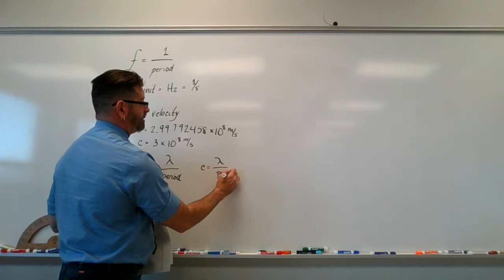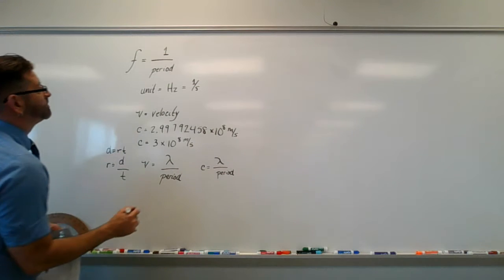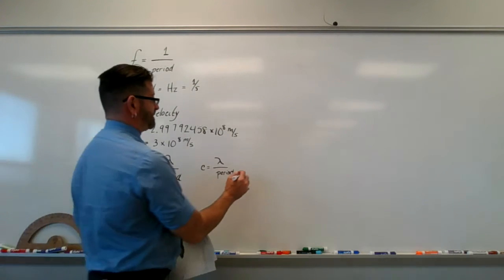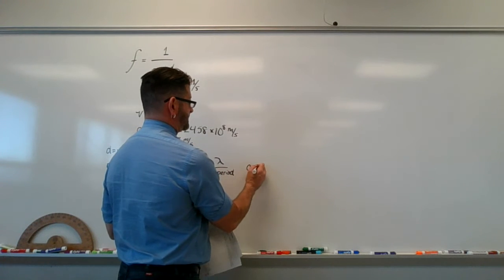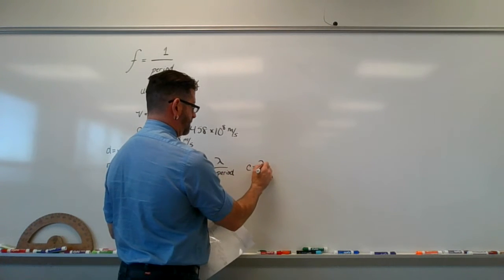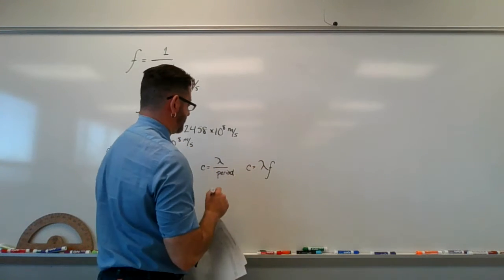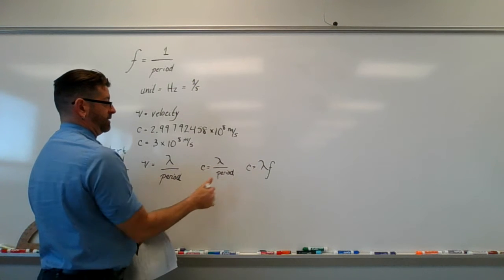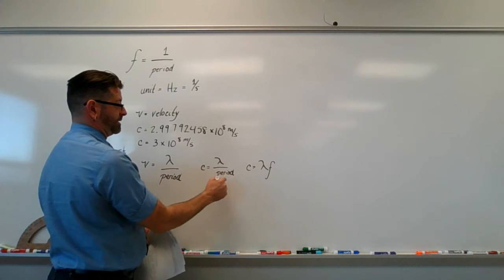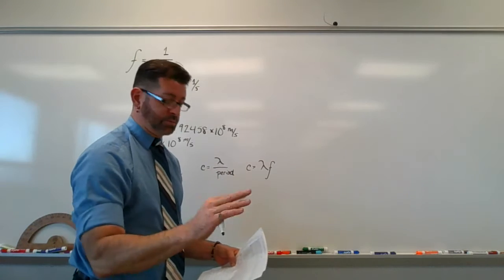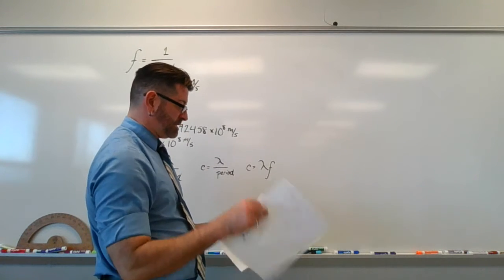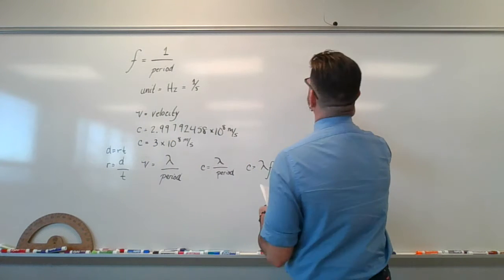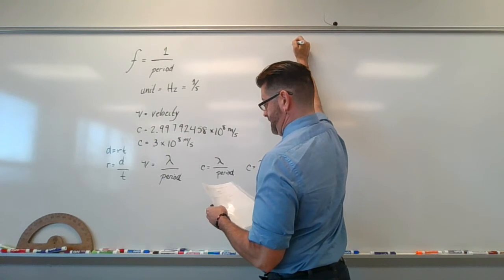But because frequency is equal to 1 over the period, we can simply replace this with c is equal to lambda, or the wavelength, times the frequency. The frequency is 1 over the period. So this is the same as saying 1 over the period as f. You just replace it. Simple stuff. So if we want to calculate the frequency,